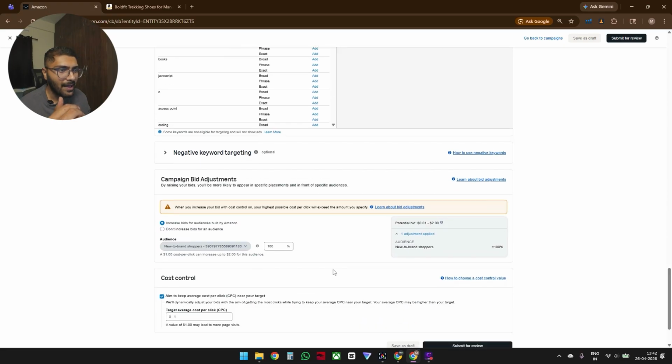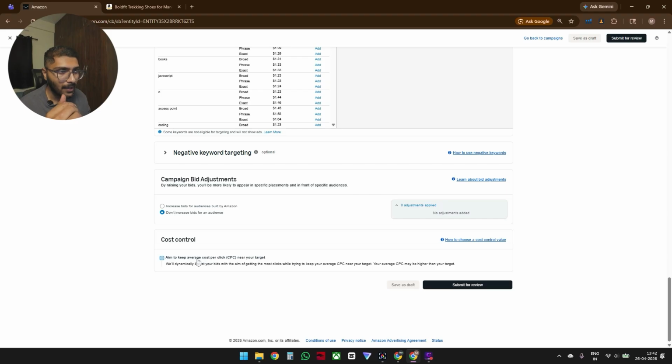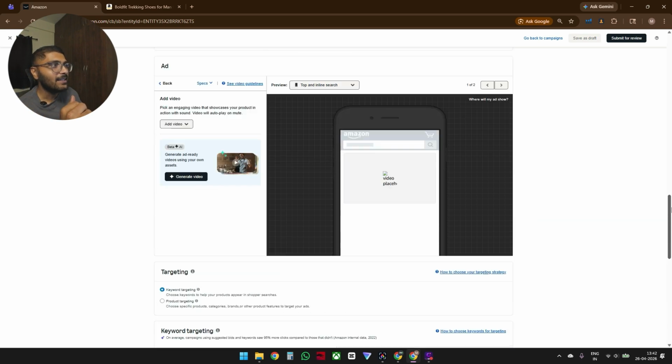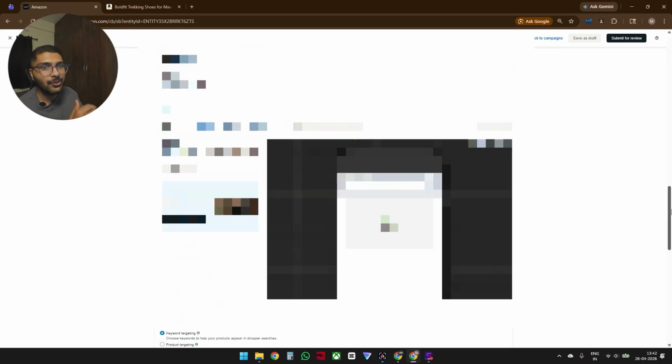Once you add your keywords, again, over here, you can just set increase bids by audience. You can just click don't increase and uncheck keep average cost per click. You don't want all this to be checked. This is another way where Amazon makes money. So that's it. You upload a video, you add the keywords, and great, you have officially created a sponsored brand video